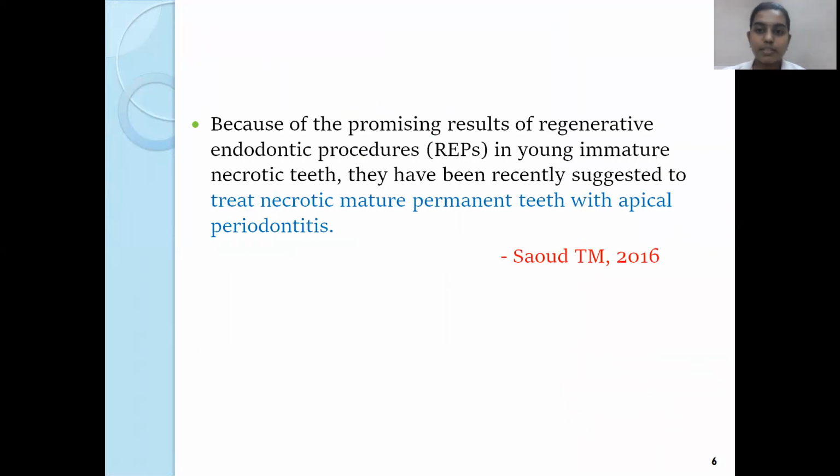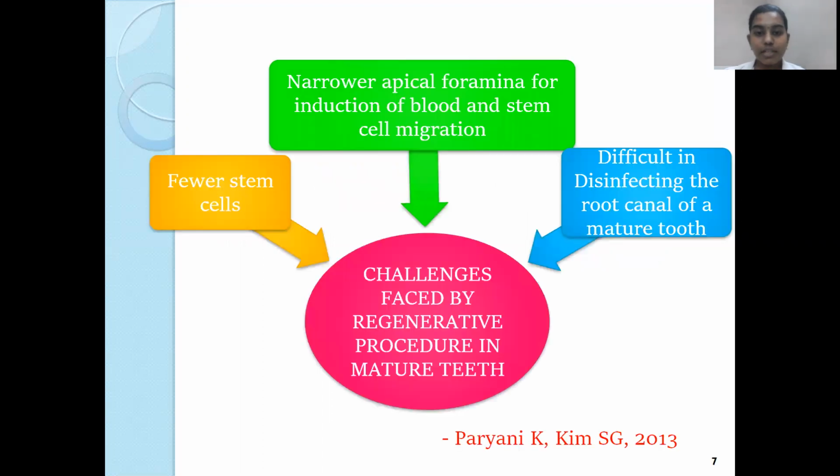Because of the promising results of regenerative endodontic procedures in young immature necrotic teeth, they have recently been suggested to treat necrotic mature permanent teeth with apical periodontitis, by South et al. There are various challenges faced by regenerative procedure in mature teeth, which are fewer stem cells, narrower apical foramina for induction of blood and stem cell migration, and lastly, difficulty in disinfecting the root canal of the mature teeth,